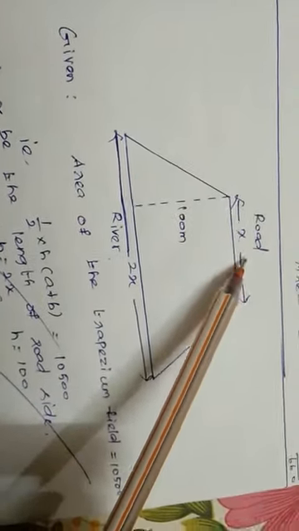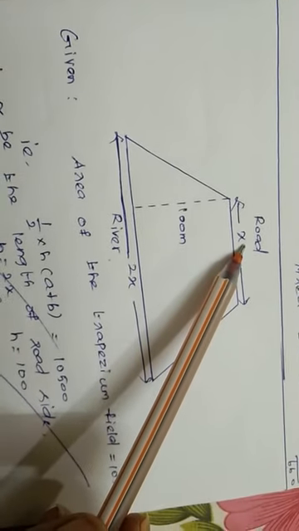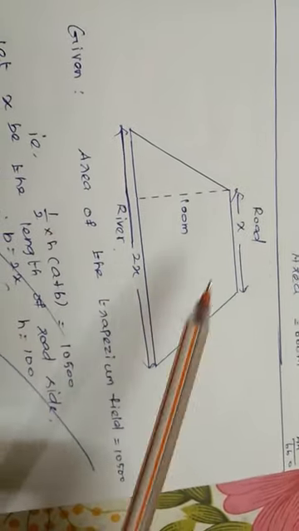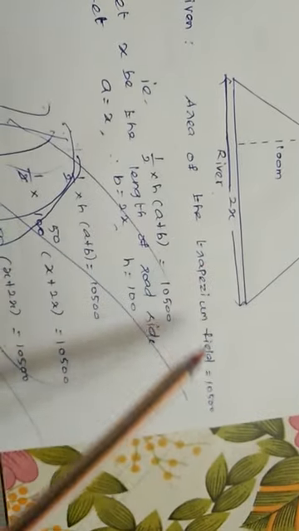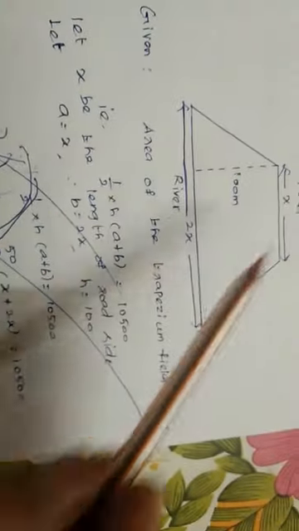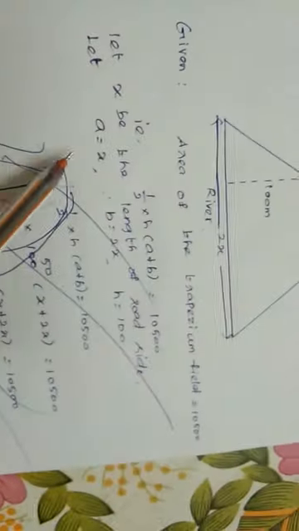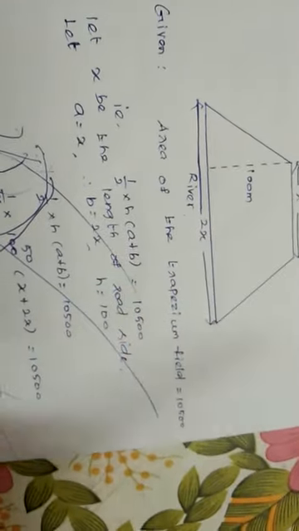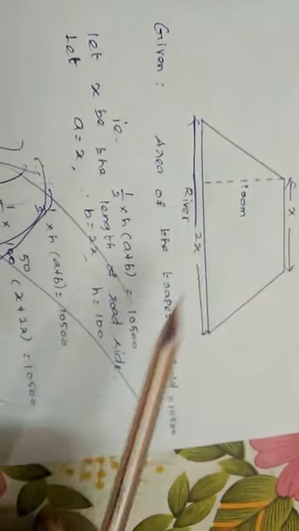So the relation is given, no. So using this relation, we are going to consider the solution as, here the road length is smaller, no, so let it be x, the unknown value we need to find. By comparing this, it's doubled. It's the road side, it's the river side, so 2x. Now the area of the trapezium field is 10,500, so 1 by 2 H into A plus B equal to 10,500. Let x be the length of the road side. So A equal to x and B equal to 2x, or A equal to 2x, B equal to x, like that consider. And H equal to the given height, 100 meter.